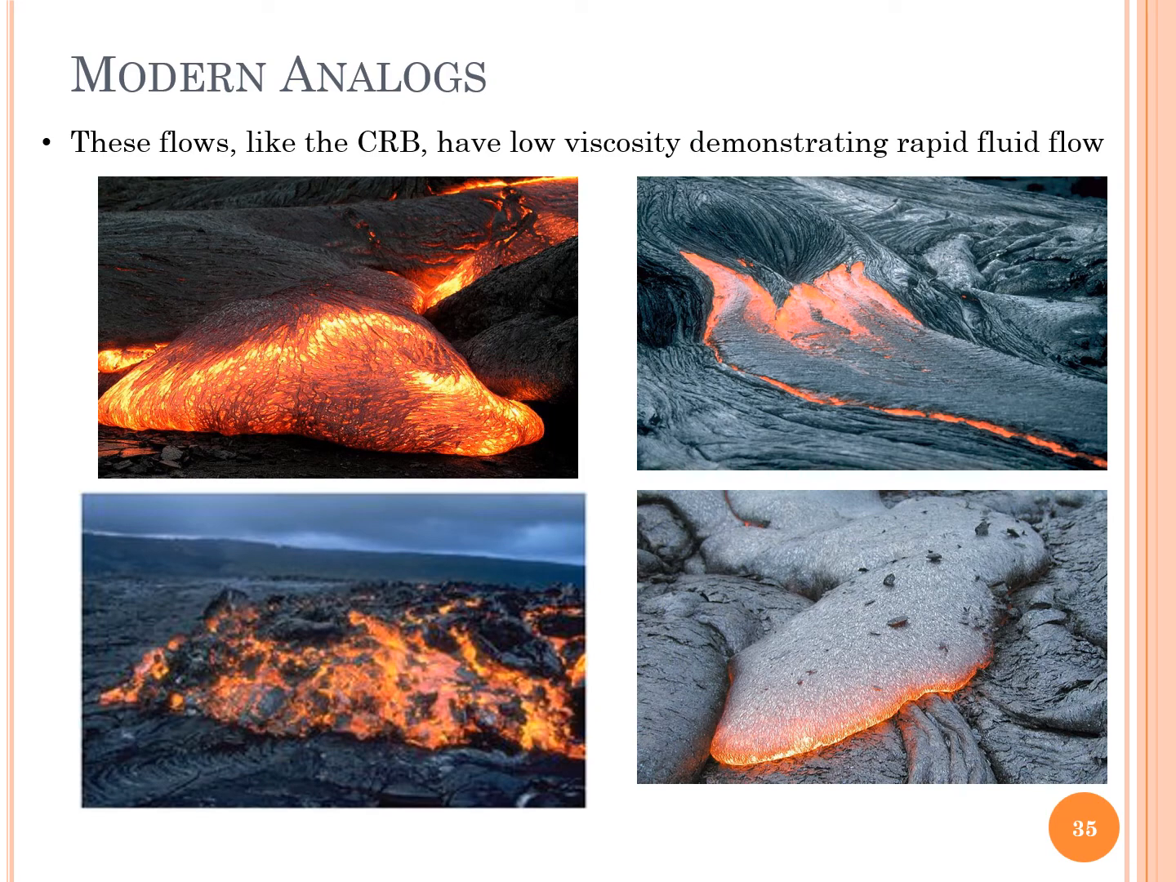Now, some of these flows, like the Columbia River basalts, have low viscosity, viscosity being a measure of how things flow. The low viscosity can produce rapid fluid flow that mimics elements of flood basalts, but obviously on a much smaller basis than classic flood basalts, fortunately. Here are just a couple of examples of lava, all from Hawaii, I believe, where the nature of the rapidly flowing volcanic